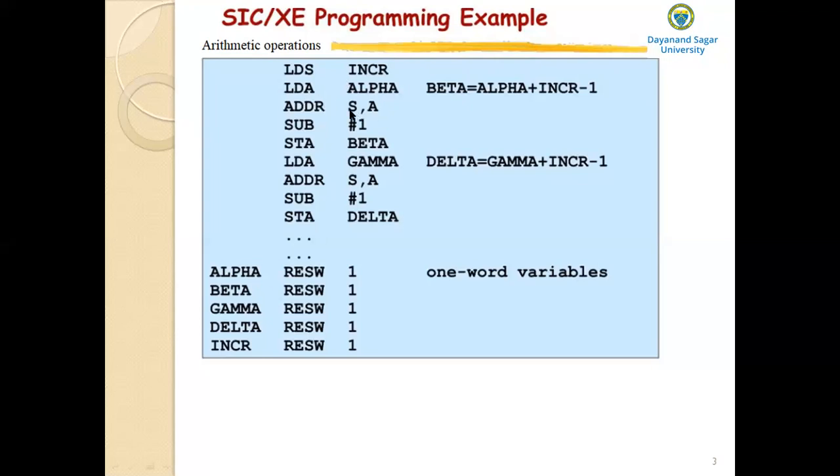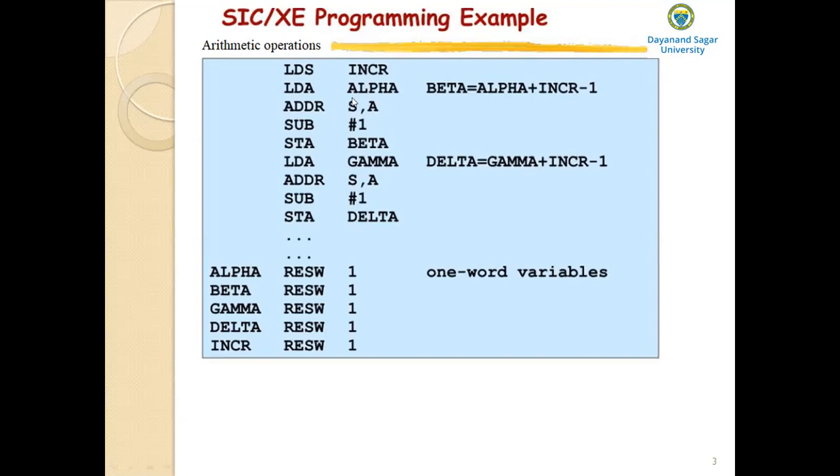And here in the ADDR instruction, S and A are the operands. Which is the source operand here? The source operand is the register S, and the destination operand is the register A. As I said, the result of adding alpha and INCR must be in register A. You have to specify ADDR S comma A only, not the reverse A comma S, because you have to keep the result in register A only.